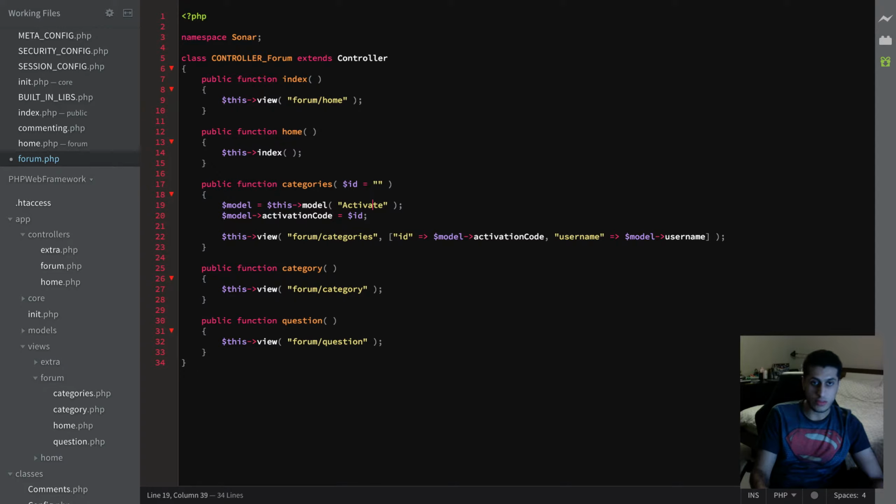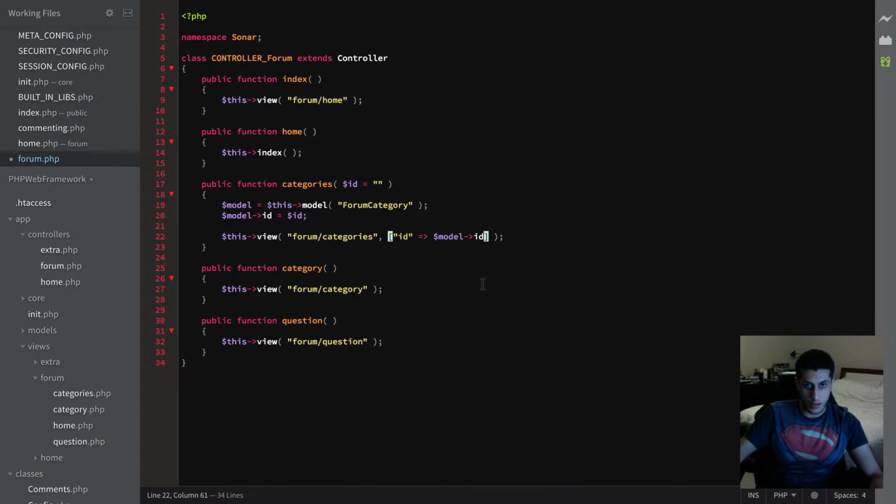I'll create this model as well, and this is going to be forum category. Just looking at the name is though, so forum category. This is going to be ID. Save that